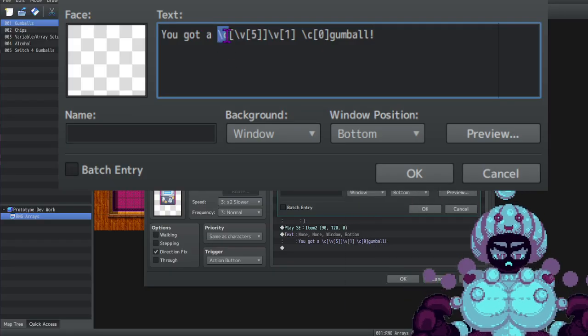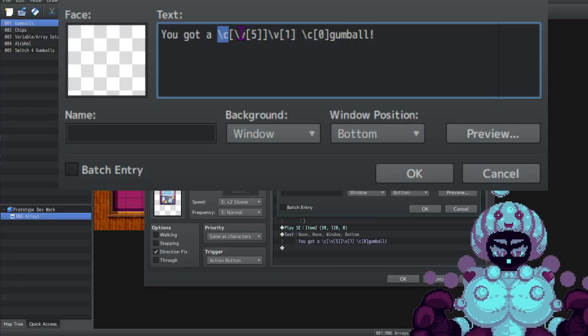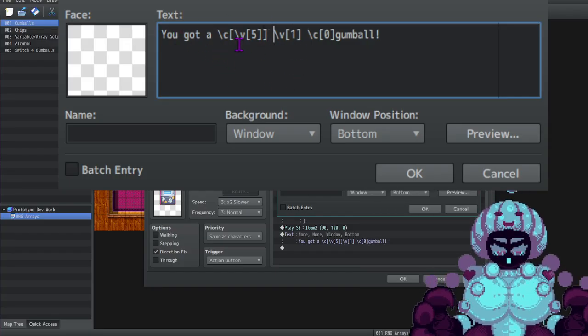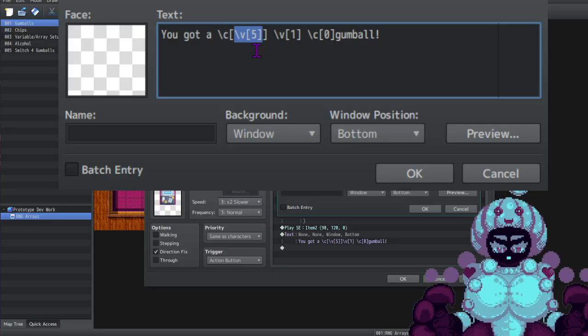So like, /C is changing the color of whatever, and then I'm gonna move that over, and then I put /variable5 in here, so this way it's gonna change the color based upon the number of the